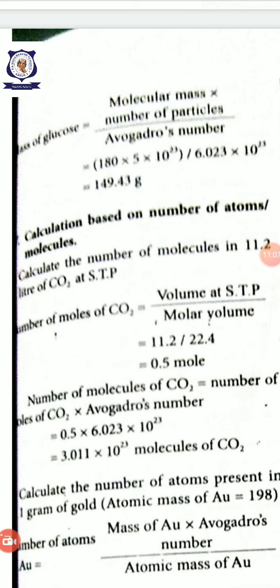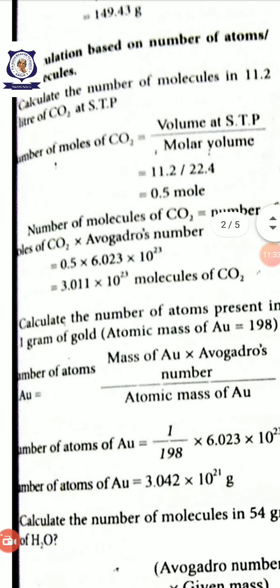See, here also while calculating the number of molecules, just rearrange the pattern. First we have to calculate the mole. Why are we calculating the mole? We know that in 1 mole, Avogadro number of molecules are present. So once we know the value of the mole, by multiplying by Avogadro number we easily get the number of molecules or atoms. See, is it clear now?